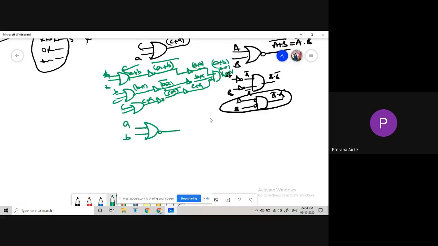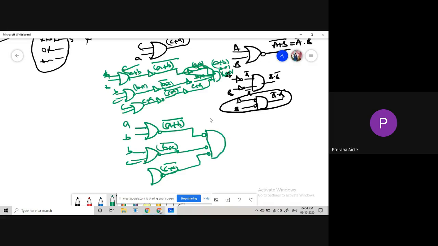So if I'm taking AB, it gives A plus B whole bar. And this NOT gate is applied to this one, so it becomes bubble, right? Yes, sir. So we are taking one of the bubble. Similarly another gate, it is BC, so BC whole bar. Again, we are taking one of the bubble. Similarly CA whole bar. Again, we are taking one of the bubble. These bubbles are applied to one of the AND gate. So it gives the same product, A plus B into B plus C into C plus A.